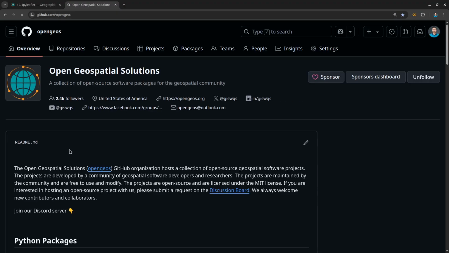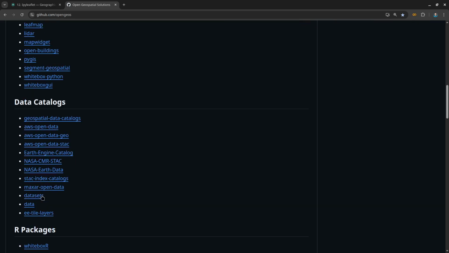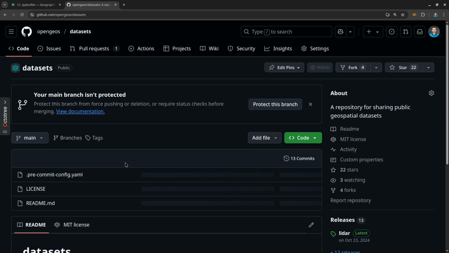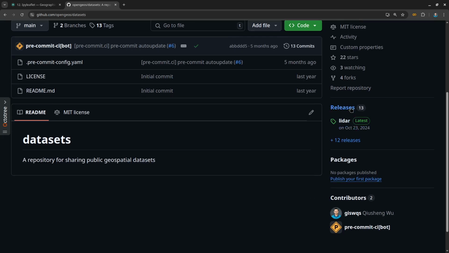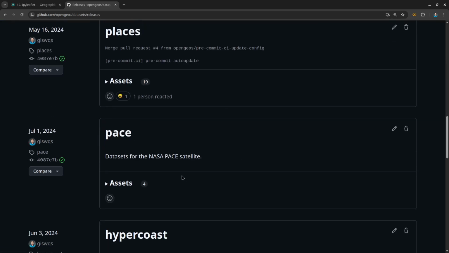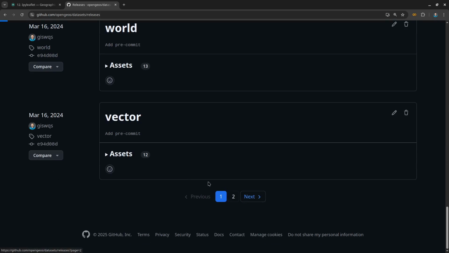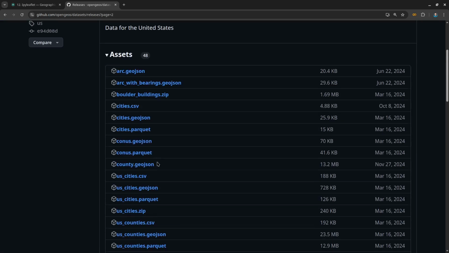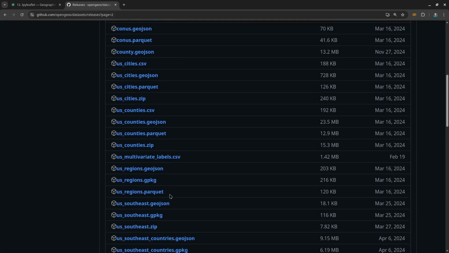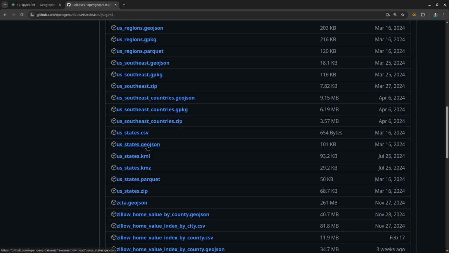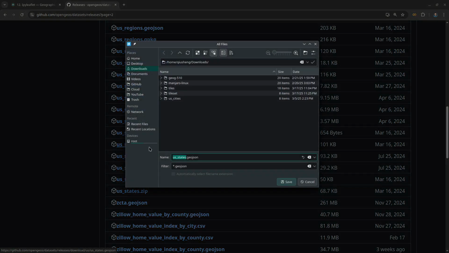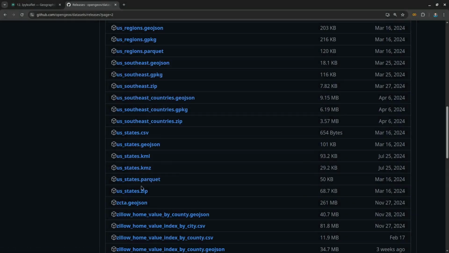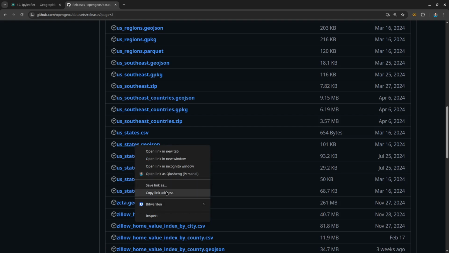So I'm going to go to Open Geospatial, and then to the datasets, under the releases here. I think there should be a US one, okay? So I have some sample data here, for example US states, US cities, US counties. Let's try out this US states. We have this GeoJSON file here. If you click, it's going to ask you to download this file, but we don't want to download the data. We want to visualize the data directly. So what you can do is just right click and copy link